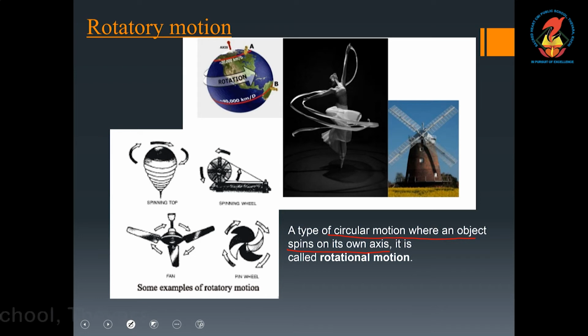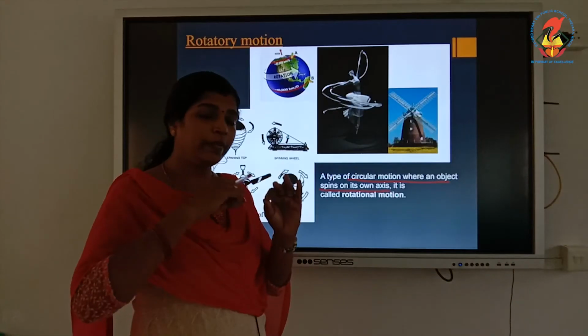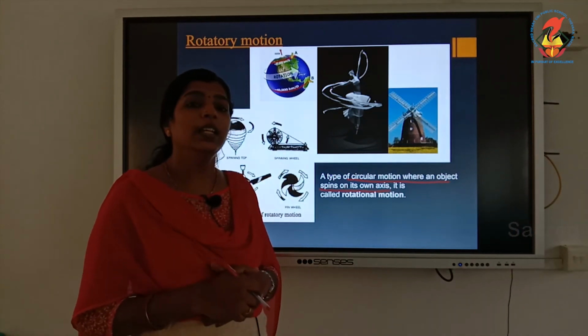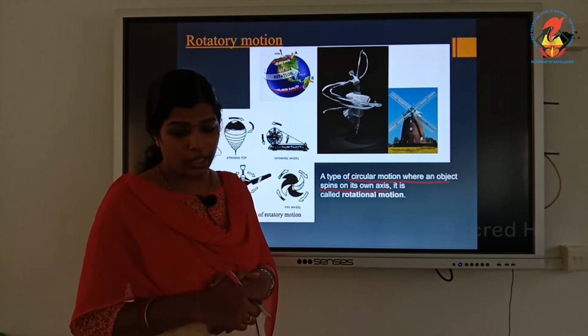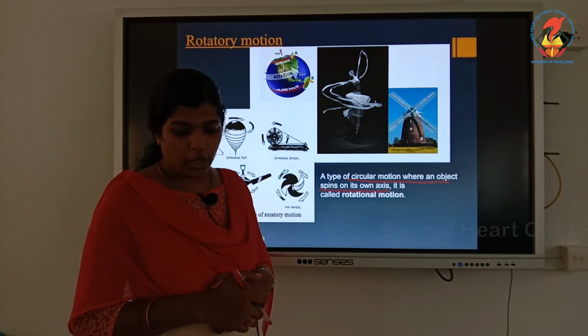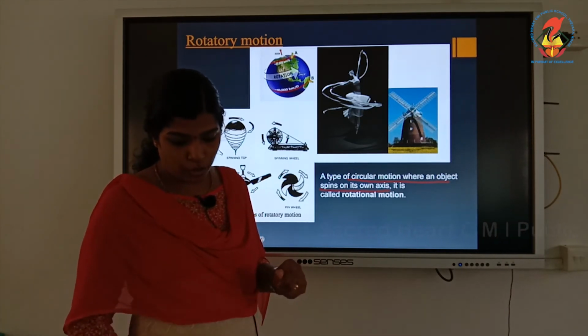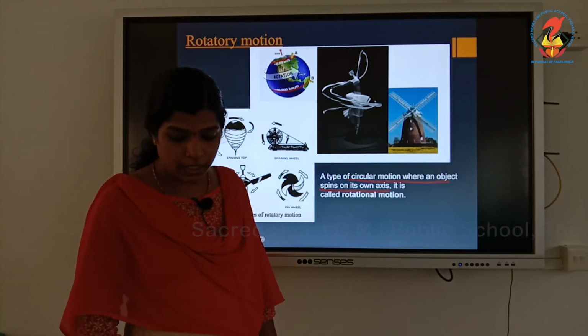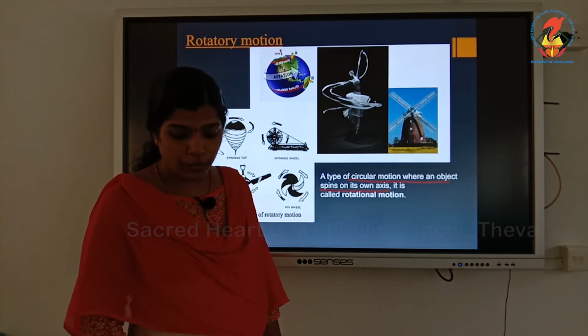All these motions are examples of rotatory motion. It will spin on its own axis. That is known as rotatory motion. Objects have rotational motion when they move around an axis with a fixed path,